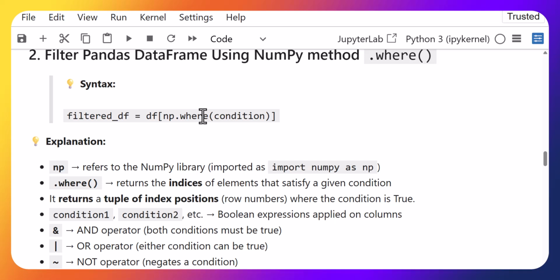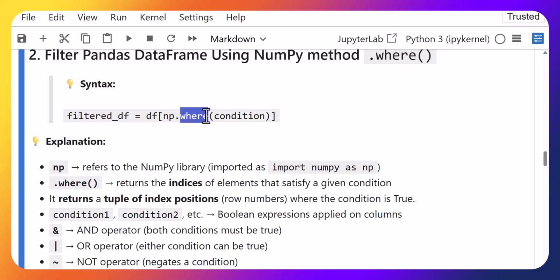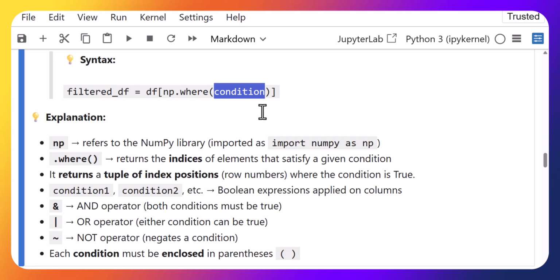That is why within the angular bracket we have used the numpy class, and then after the dot operator we have applied the where method, and then within the small brackets we have used a condition, and again we can use a single condition, multiple conditions, and within the multiple conditions we can use